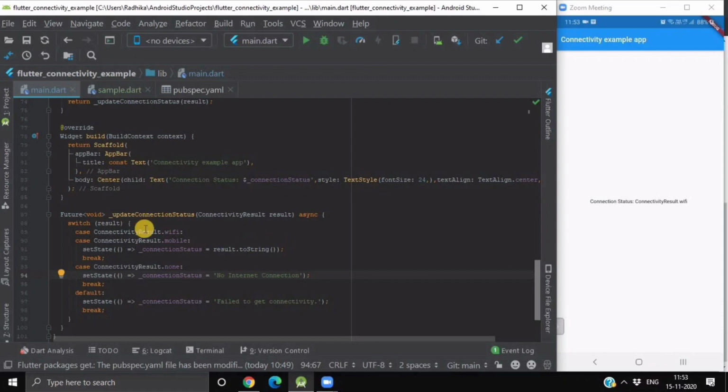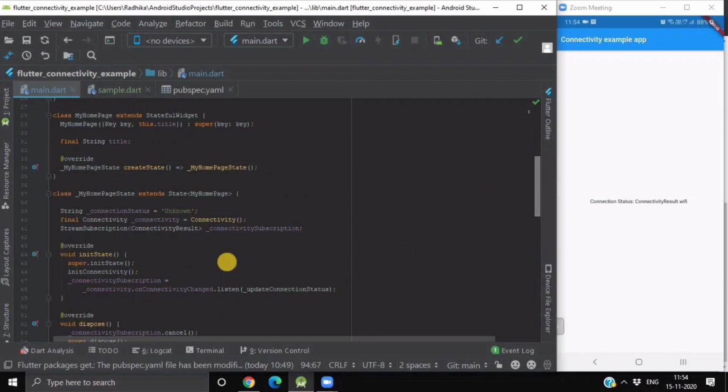If our result is of the type ConnectivityResult.wifi or mobile, then we set the state of our connection status string equal to result.toString, which you can see on my screen as well, of Wi-Fi type. And if it is none, that might indicate that I have disconnected from my network or my Wi-Fi has been closed, then it will print no internet connection. Otherwise, by default it will print failed to get connectivity.